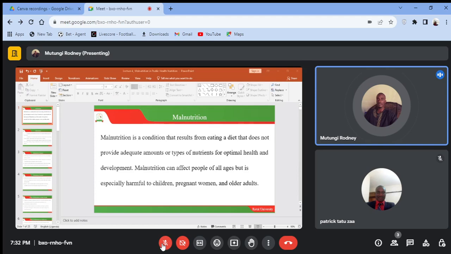So different methods can be used, whereby we can use counseling, demonstrations, games, posters, leaflets, whatever can work in the context that you are in. So if you want to educate an individual, you can use counseling. If it is a group and it is at school, you can use games, but you can also use posters and demonstrations if it is in a group setting.